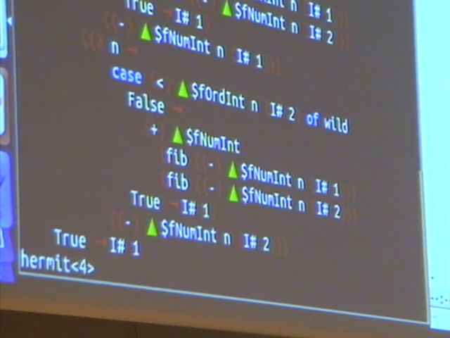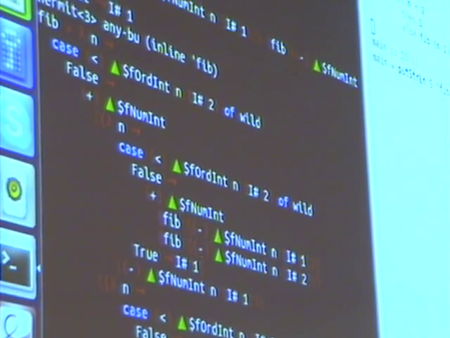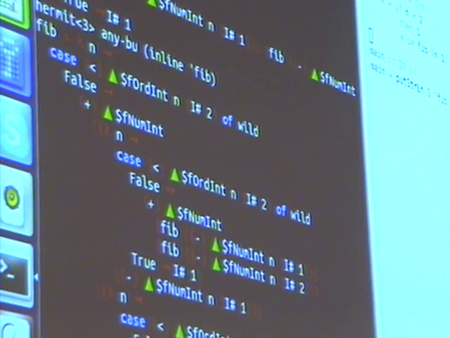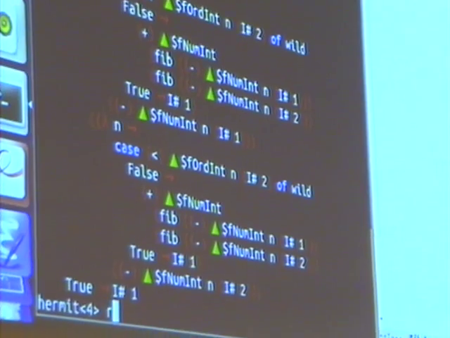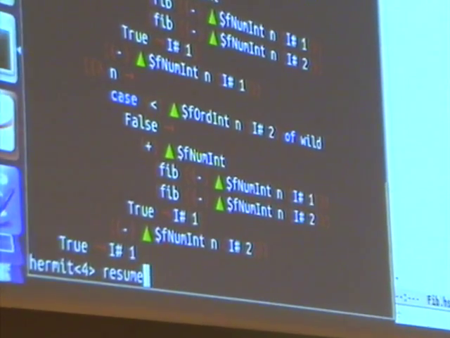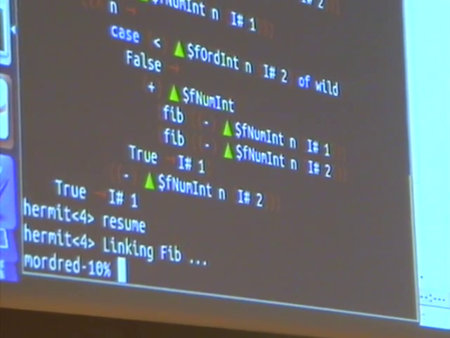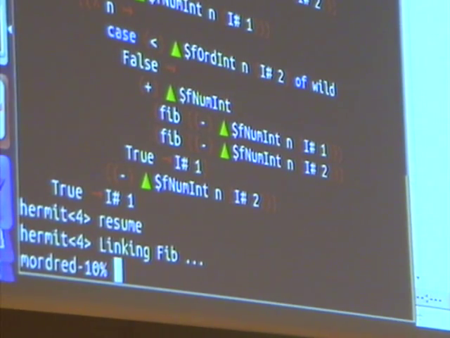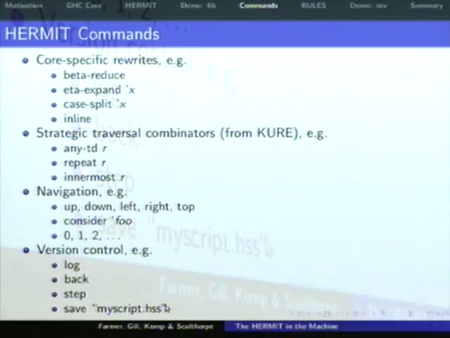There we go. So the recursive calls to fib have now been inlined, so there's quite a lot of code there, so you don't need to read it all, but you can see that we've got one recursive call to fib here and one here. Okay. So that's all I wanted to do. So now I can just issue the command resume, which says give this code back to GHC and let GHC continue compiling. Okay, and it does so. So now we've compiled a slightly different version of fib. I won't actually run it right now. I've got a more interesting example to run later. First of all, let me show you